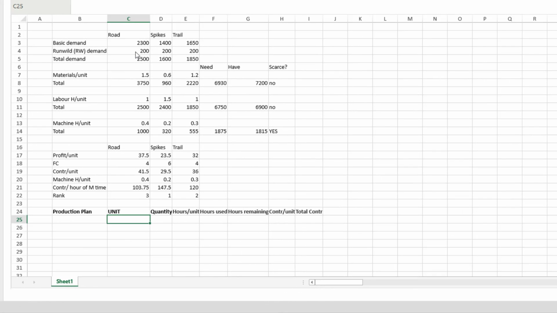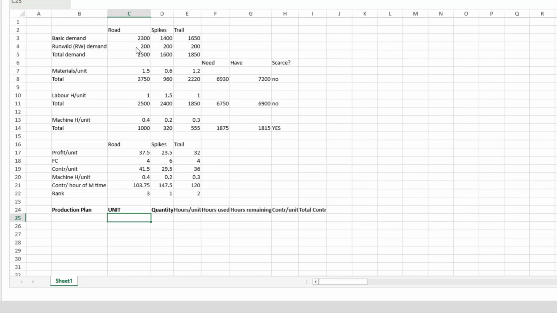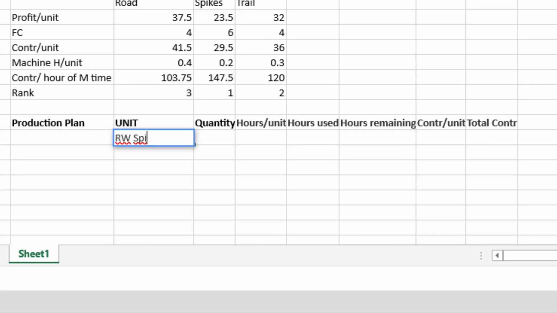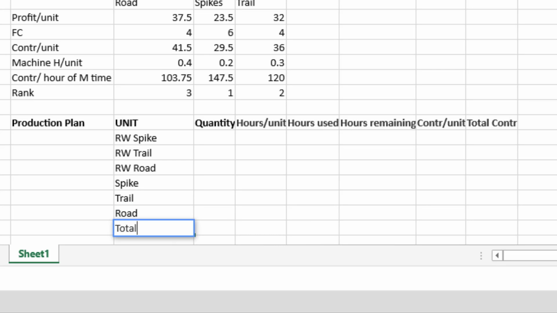And we are going to honor the Run Wild contract first. So let's do the Run Wild spike. Then we do the Run Wild trail. Then we can do the Run Wild road. Then we will do the regular spike. Then we'll do the regular trail. Then we'll do the regular road. When we're all done, we can get a total in the contribution column. So with a template, I now get busy populating the template, and